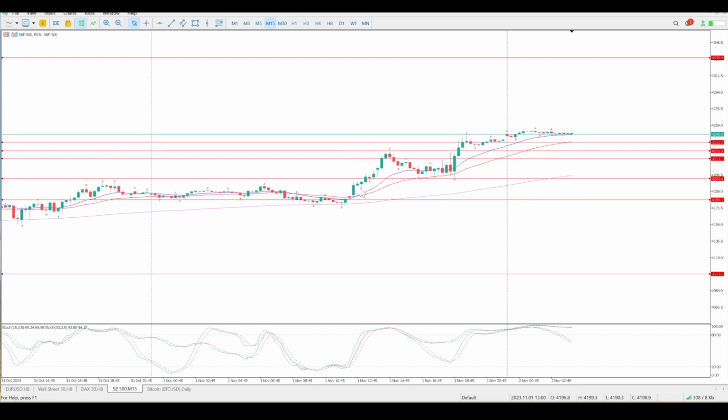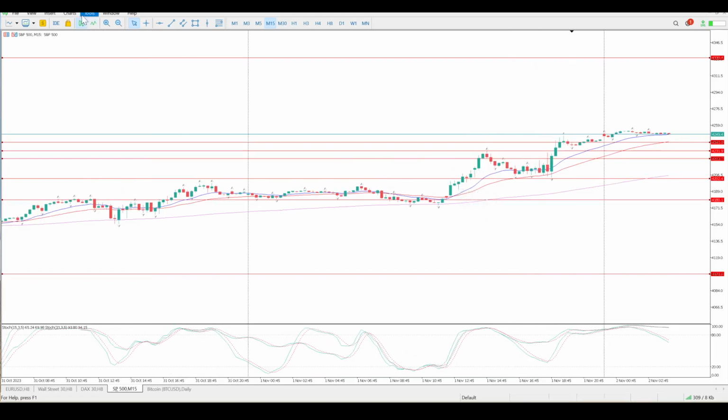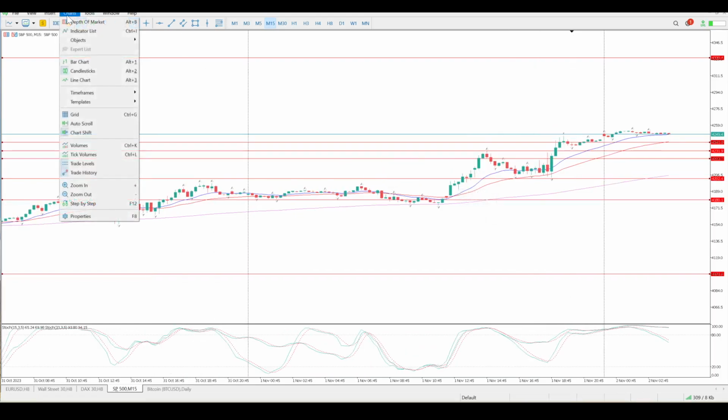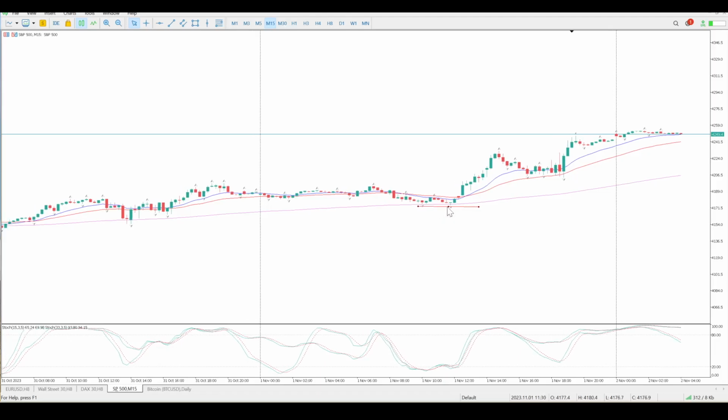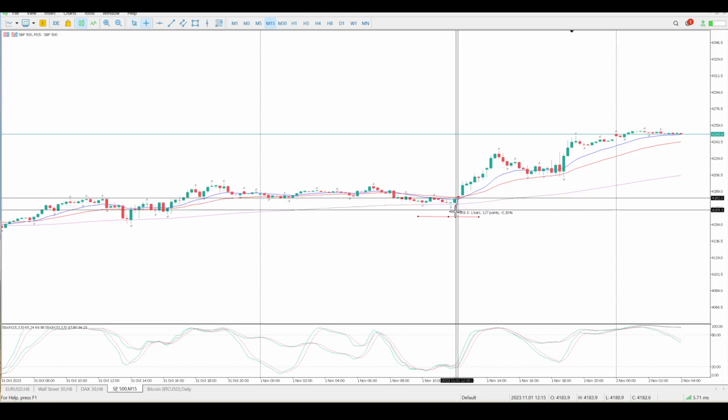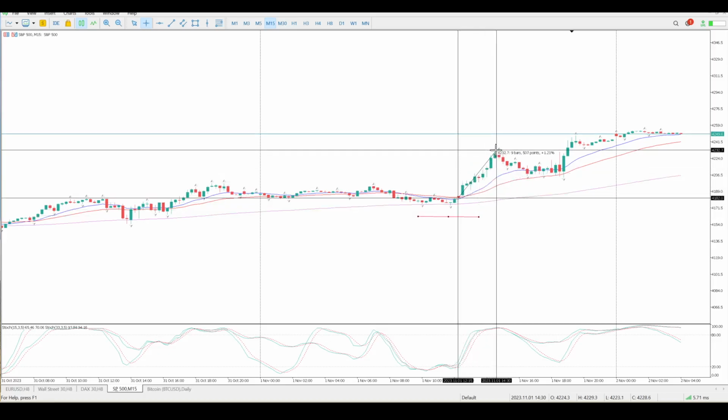So if you use this move here as an example, let's just delete all the noise here. We use this here as an example, right? So let's say that was an entry. So you jump in there, you have your stop. Just move your stop down a bit. Let's say you put your stop in here, so you're risking something like 100 points, I think 200 points. It rallies a good 500 points.